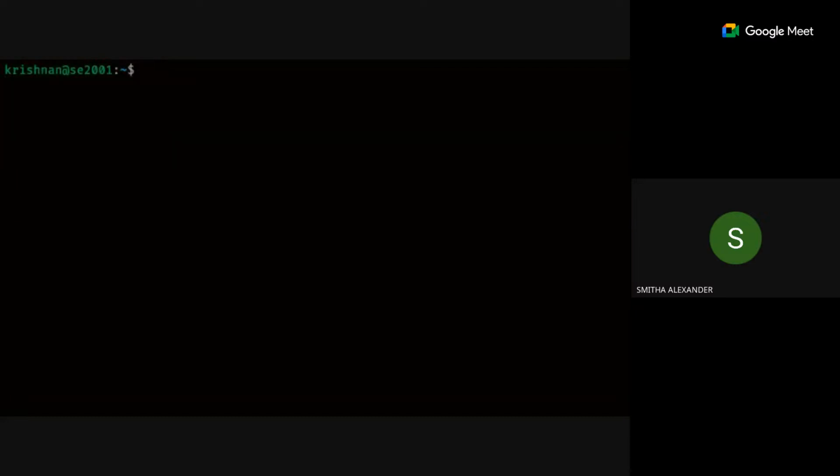I didn't use double, I used the number 2. Okay, so you don't need 2 actually. If you use 2, it will take only the standard error. Okay, I'll share my screen and tell you what is really happening.